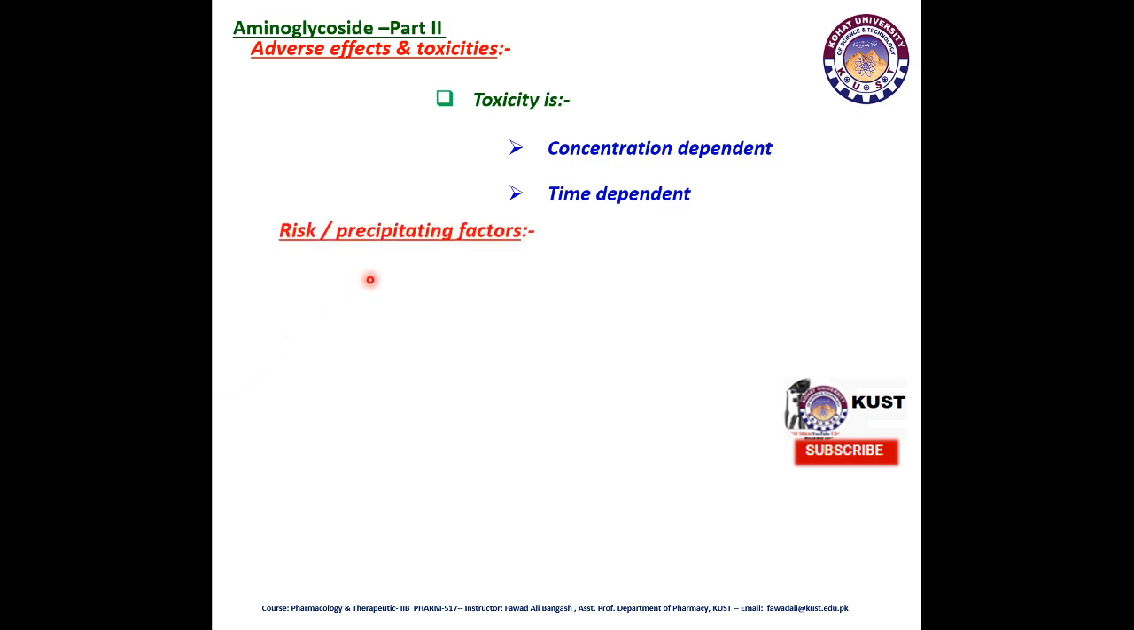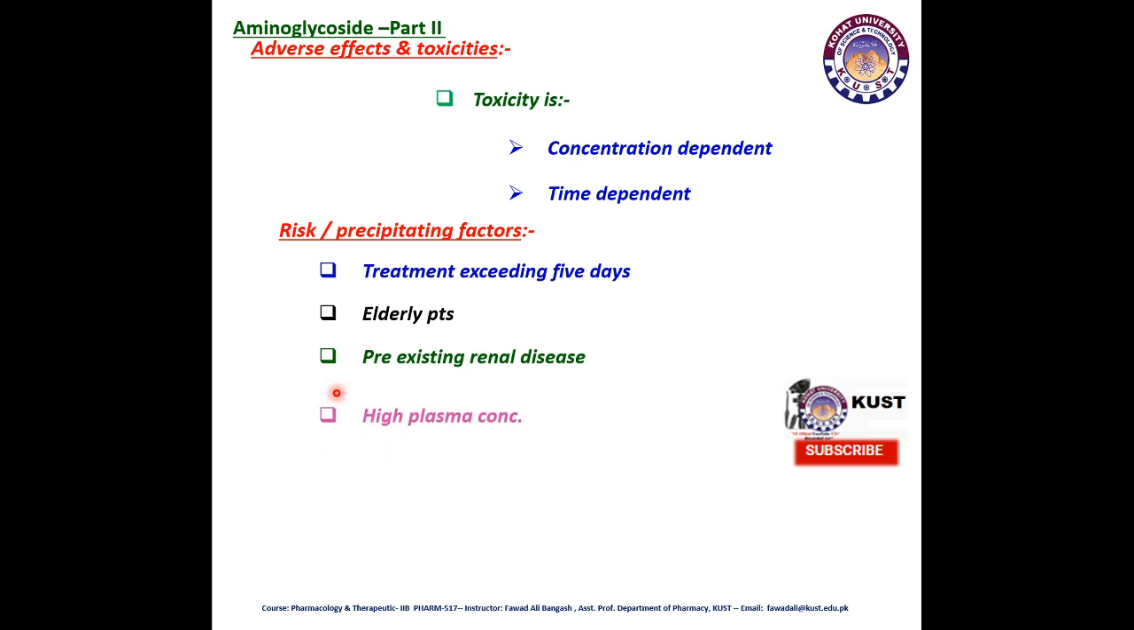Risk and precipitating factors of aminoglycosides: if the treatment exceeds 5 days, and specifically using aminoglycoside in elderly patients, pre-existing renal disease, because it causes renal disease, so if the pre-existing renal disease is present, it enhances the renal toxicity. High plasma concentration, if the aminoglycoside concentration is increased in the plasma,